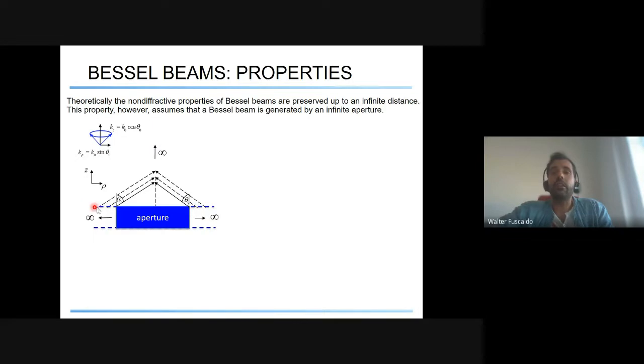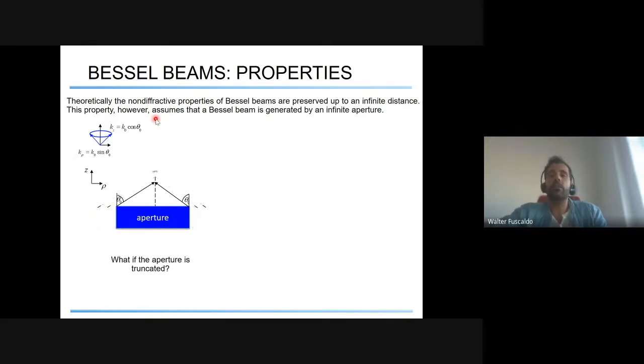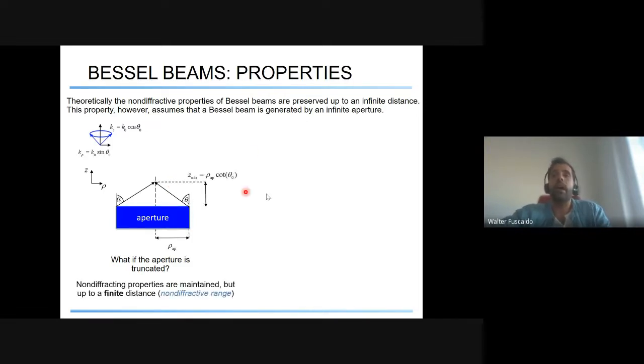And if the aperture is infinite, these rays will continue to focus the energy to the axis of symmetry up to an infinite distance. If the aperture is truncated, the last emitting rays from the aperture will focus at this point that can be easily predicted from a geometrical optics interpretation. And this defines the so-called non-diffractive distance that is given by this simple expression. So the maximum non-diffractive distance of a Bessel beam is dictated by the aperture radius of the radiating aperture times the cotangent